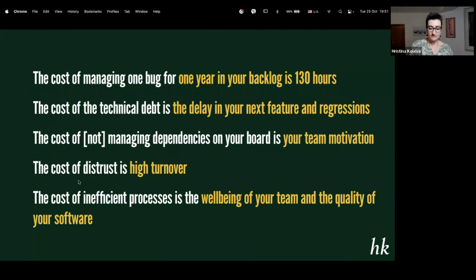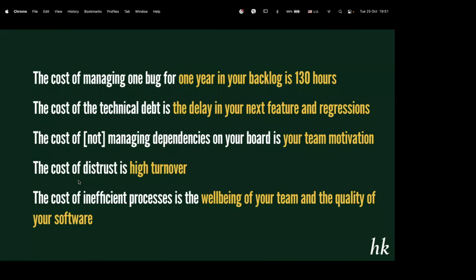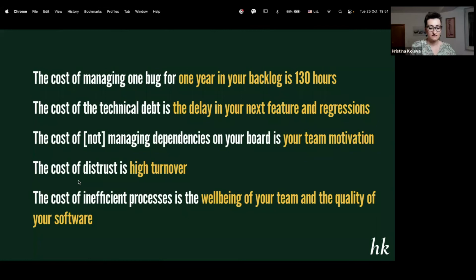Do you have any comments about these first two? Are you saying that it's better not to log bugs, or are you saying that it's good to log them? I didn't get it. That's a good question. Somebody could actually hear it wrong. No, I'm not saying that we should not log bugs. Of course, we should log bugs.